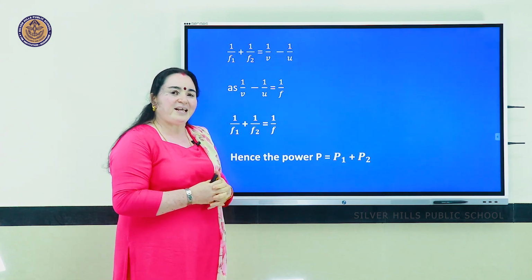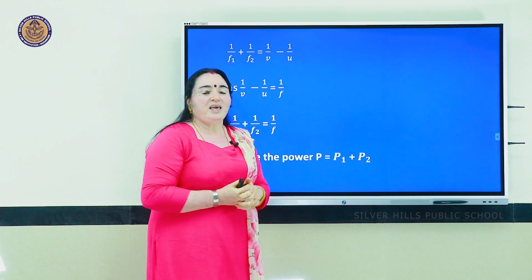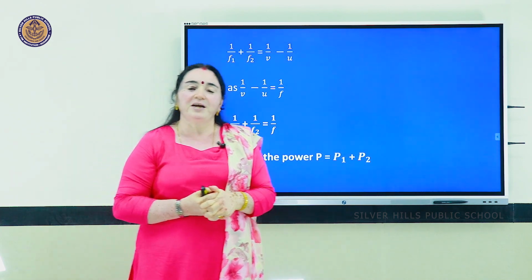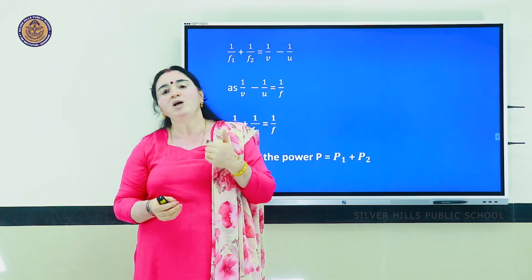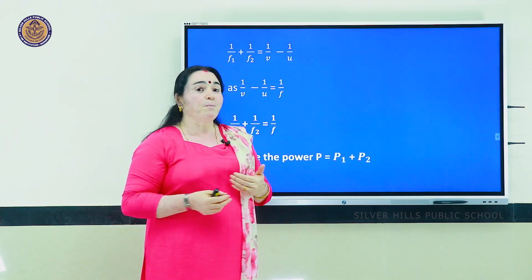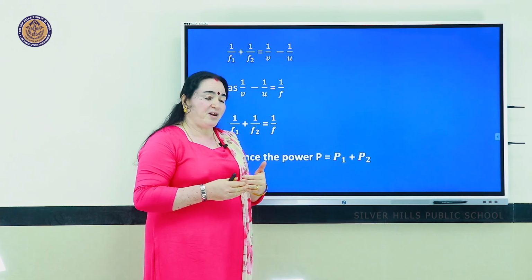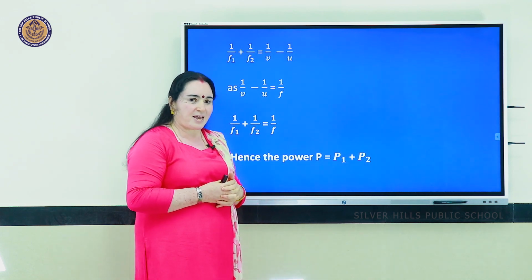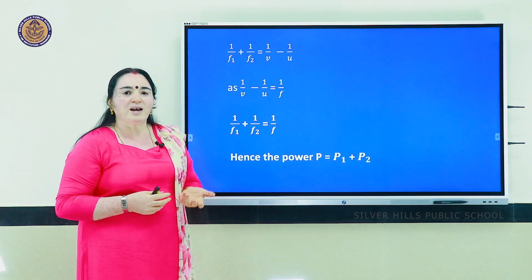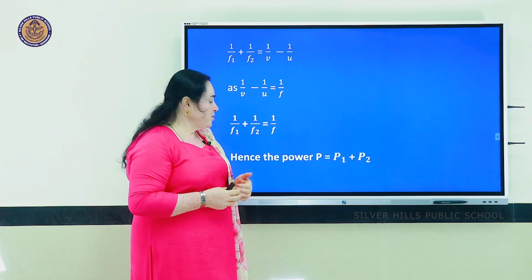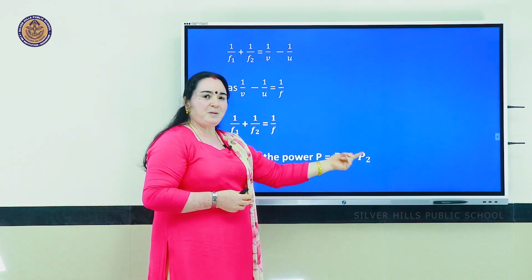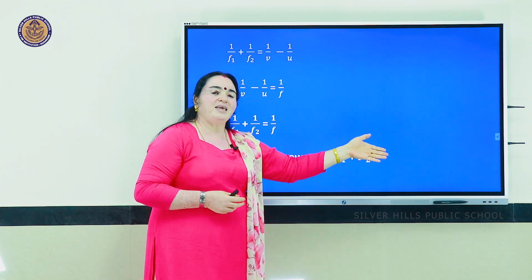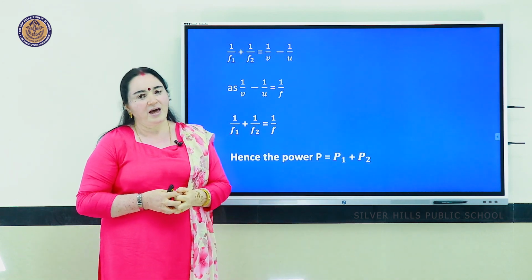which very clearly indicates that if there are a number of lenses in combination, the effective value is obtained by the sum of the reciprocals of the individual focal lengths. Now in case of power, what is the power going to be when I am going to use combinations of lenses there? Reciprocal of the focal length happens to be the power. So what are we getting? The power P is equal to P1 plus P2 plus as many lenses as you are going to have in.